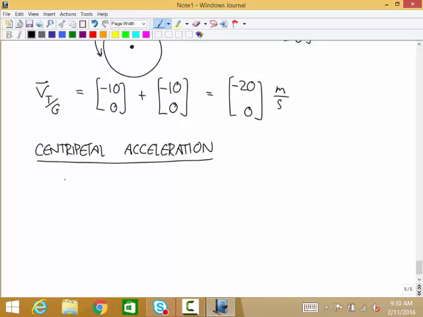Again, just like velocity, we know from analyzing the velocity direction, the parallel part, the perpendicular part, we know the direction of this, we just need the magnitude. The centripetal acceleration is equal to omega squared times r, pointing toward the center,